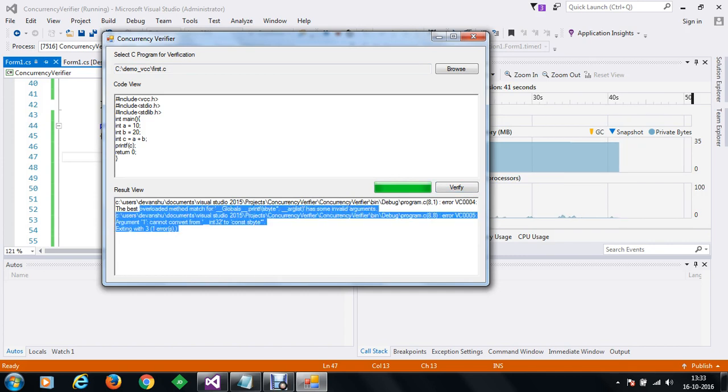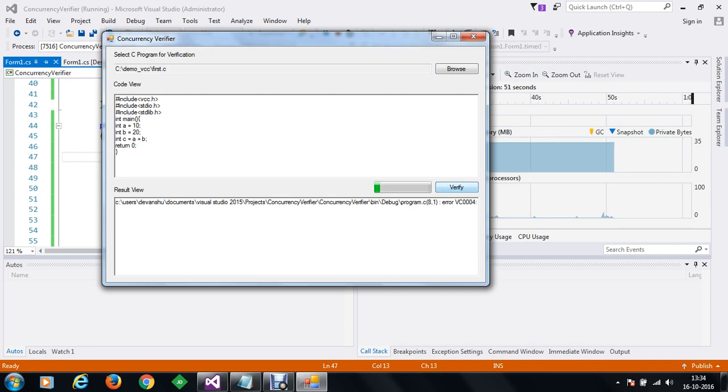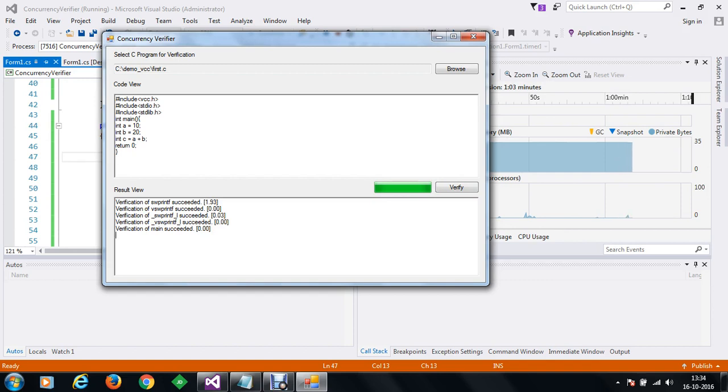At this moment we have got some integer issues. So now you can simply check that because we have to put the value inside the correct function. We'll just remove the code here and verify that again. Now this time, if the program is correct, verification will be done properly. If the program is incorrect, we'll get the specific error codes. How these error codes are identified and what specific different cases we can make use of during our concurrency verification program, we'll see a little later.